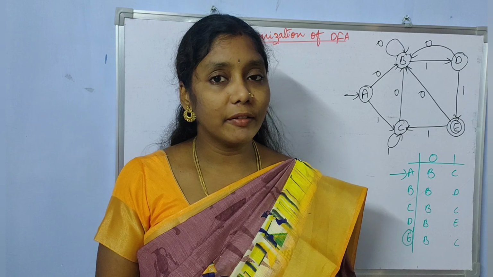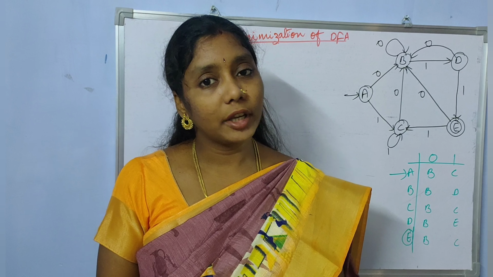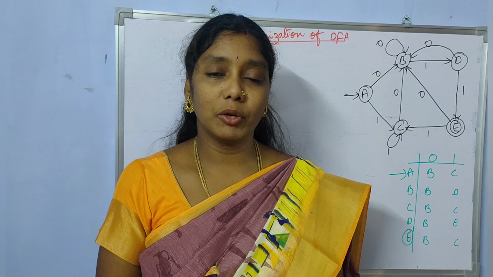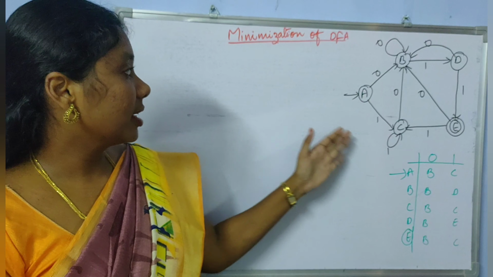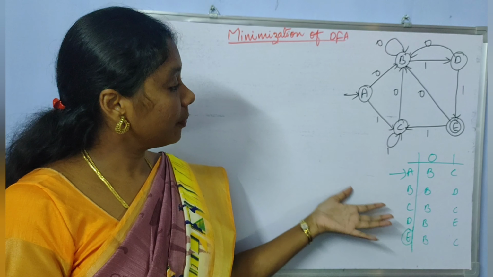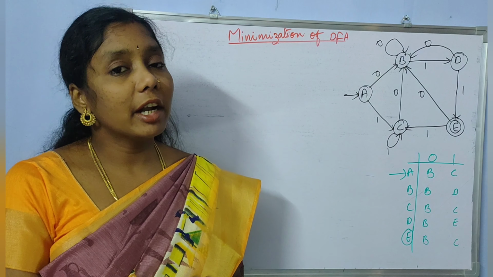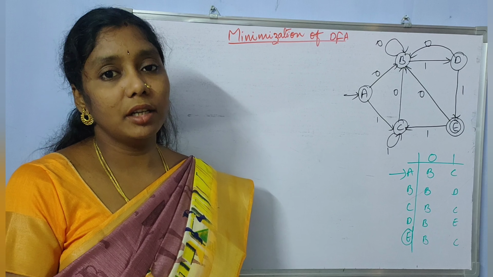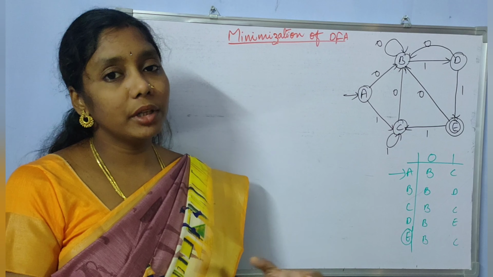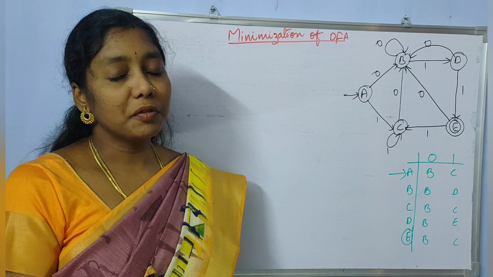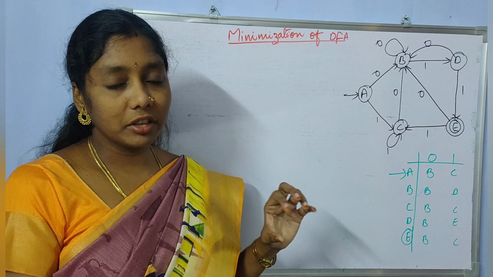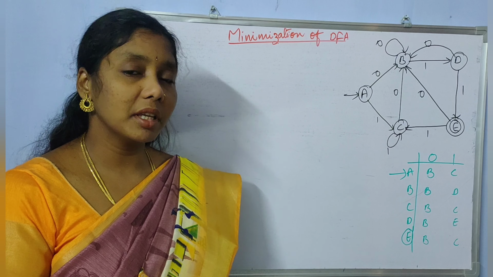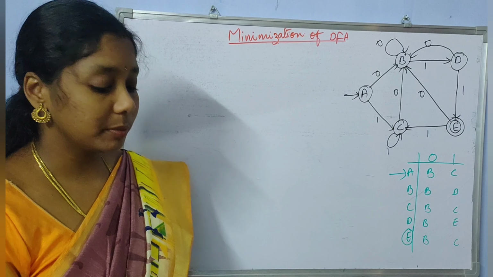For that we need to go through some process, after which you can finally get an optimized version of the DFA. Let us see that by considering an example. Let us take an example of a DFA, and this is the equivalent transition table. Before we start minimizing the DFA, first we need to look for the non-reachable states in the transition table. If any non-reachable states are there, we need to first remove the corresponding rows from the transition table. Otherwise we can proceed further. So let us first check for the non-reachable states.